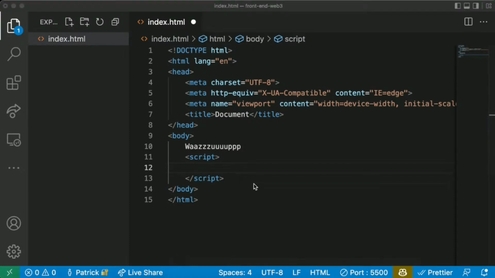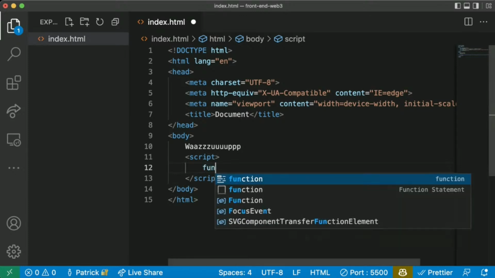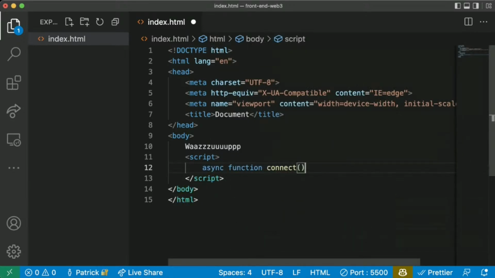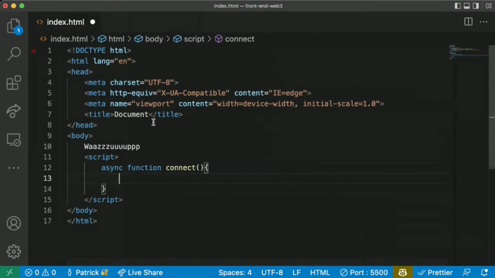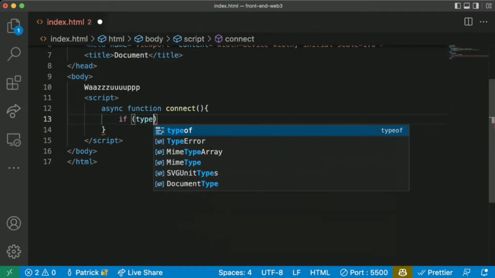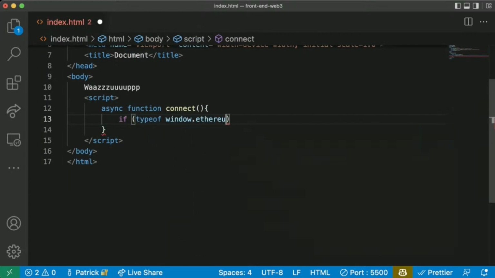So for example, I could say async function connect. In this async function connect, we can try to connect to that window.ethereum object. So we'll just say if typeof window.ethereum does not equal undefined.